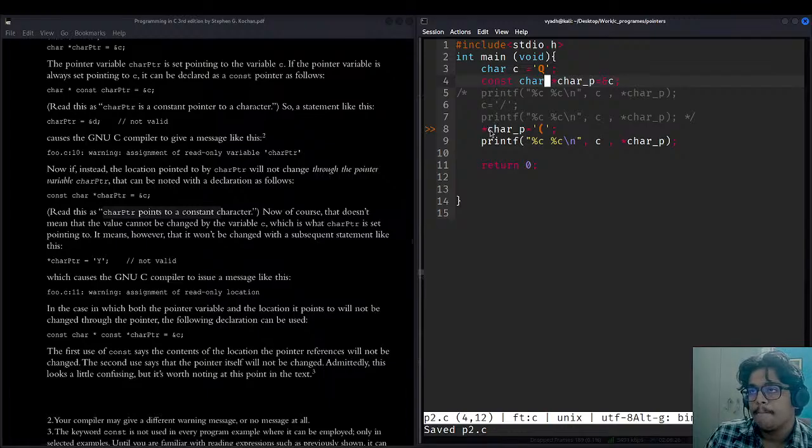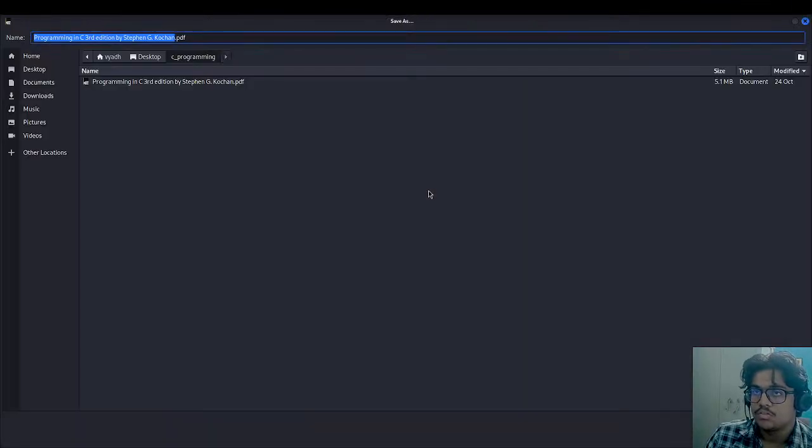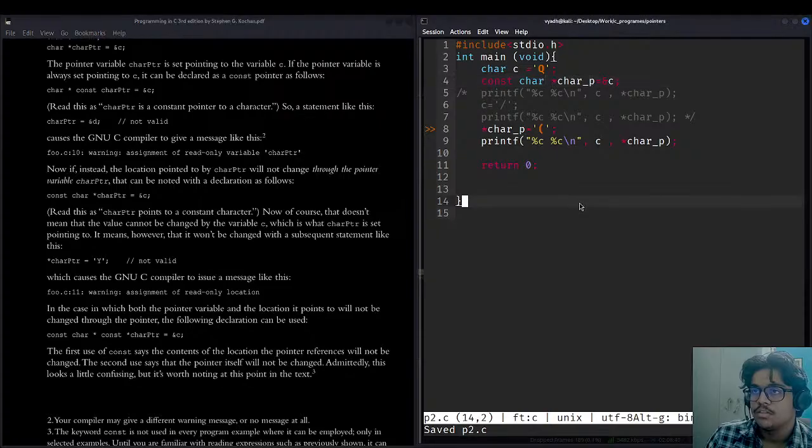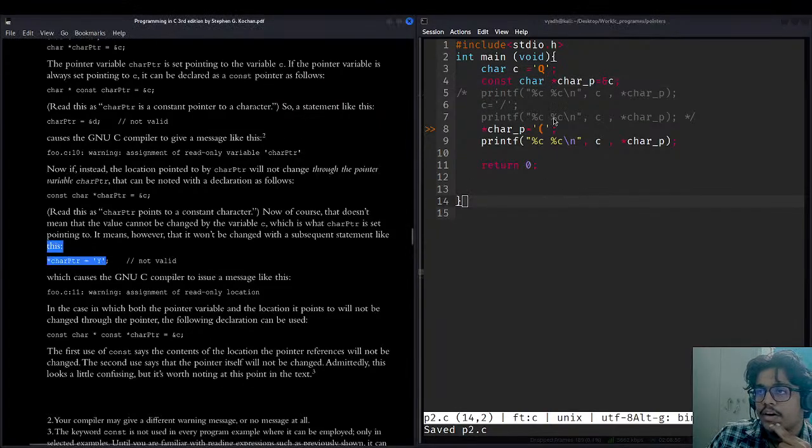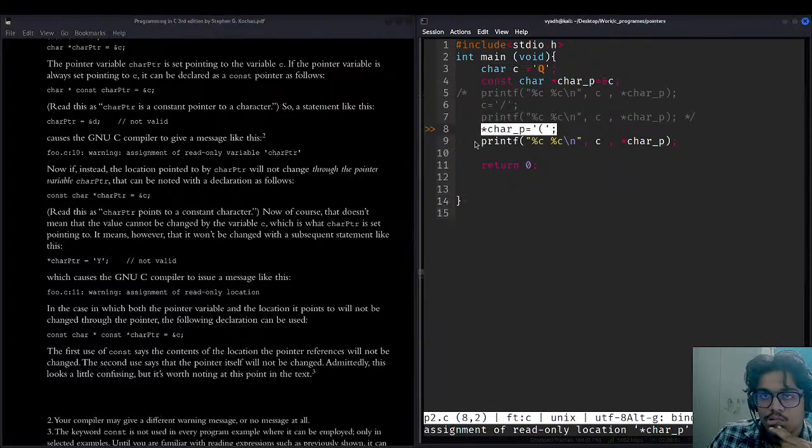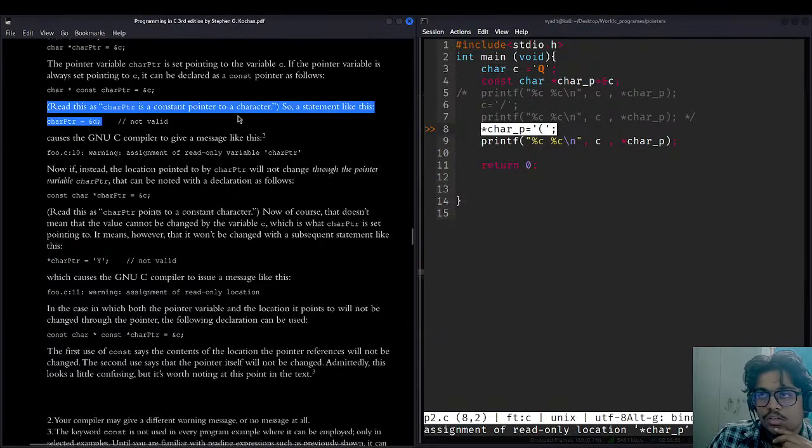And what do I have to do in this case? They have taken this case now, const char. So it won't be changed like this. Control s. Okay, so const char, I cannot write like this. But I can write like this now.